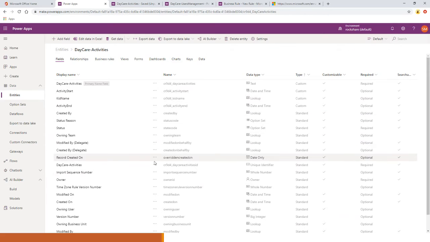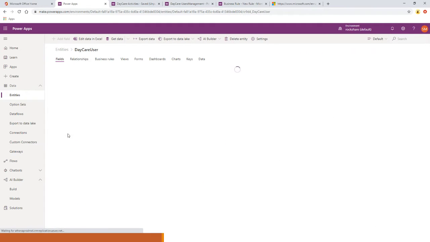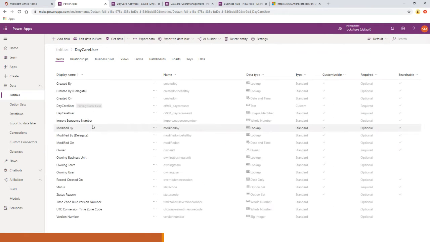And the rest of them are the other standard fields. I have another entity, and that entity is a daycare user. So what I'm thinking, how I have structured this entity is that